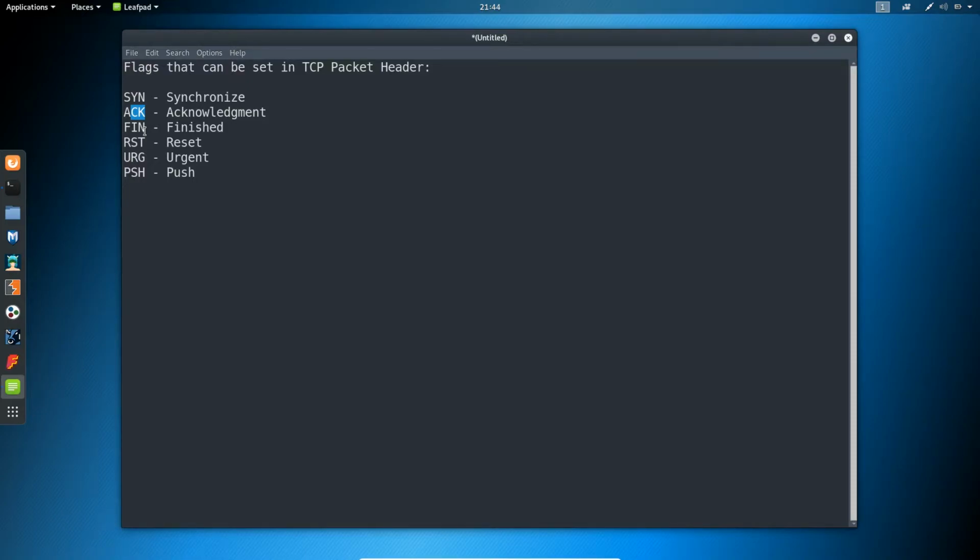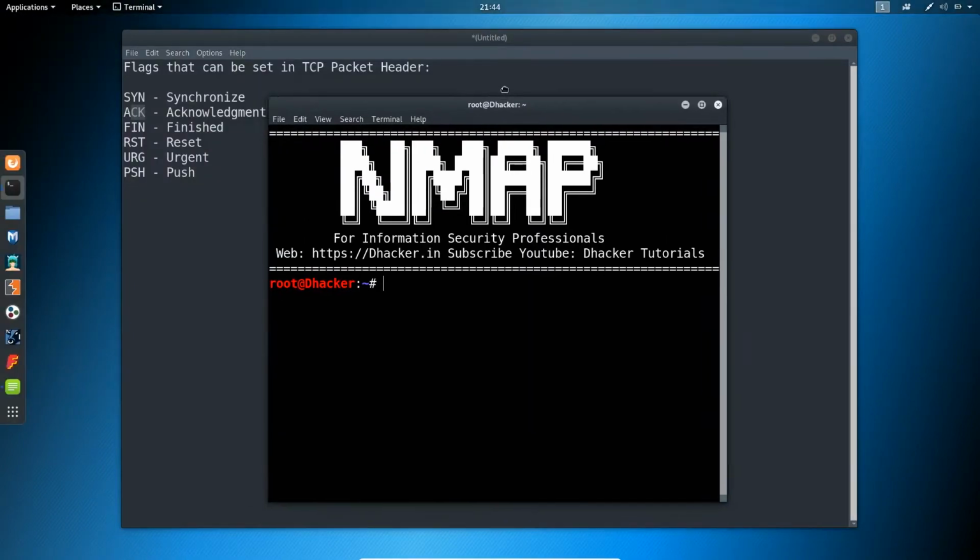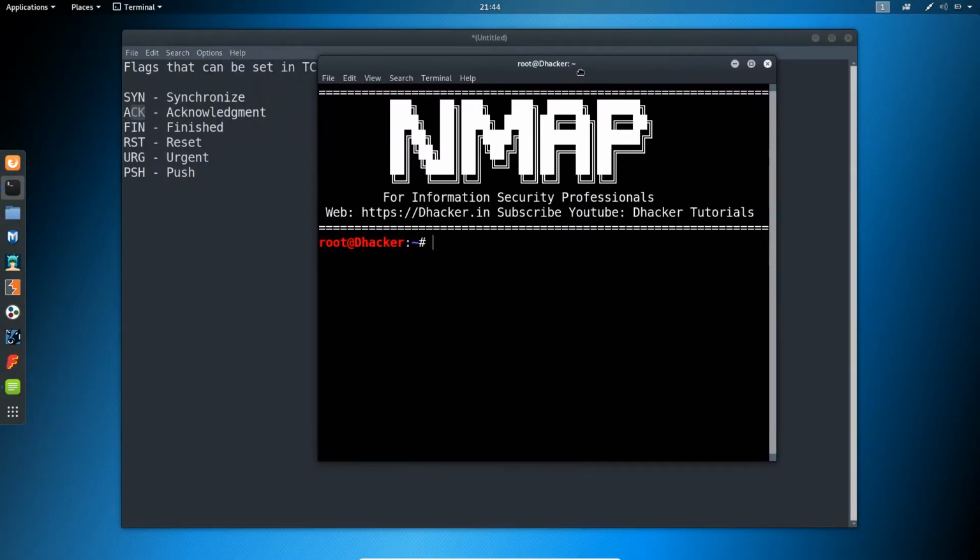Now let me show you the command using which we can do this. Open the terminal and type nmap space, two minus signs, and type in small letters scanflags. Give a space and let me try out some combination here, that is for